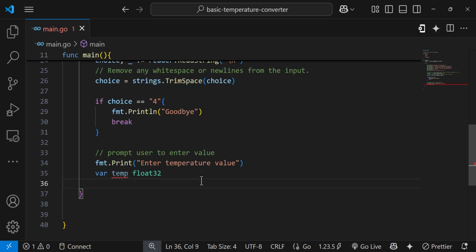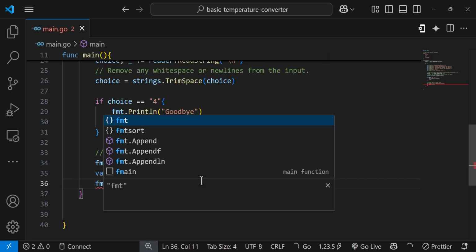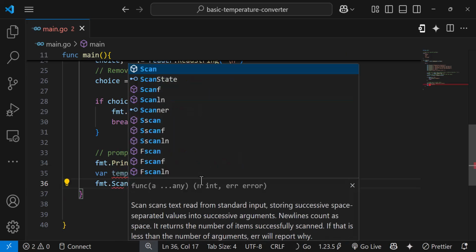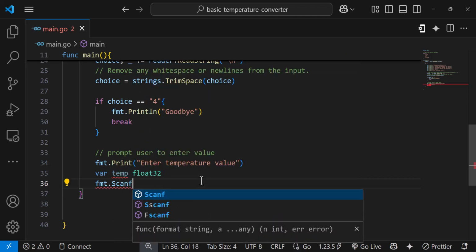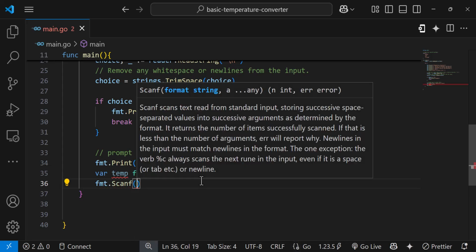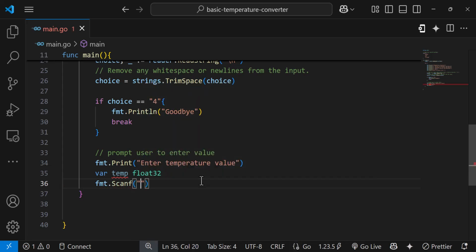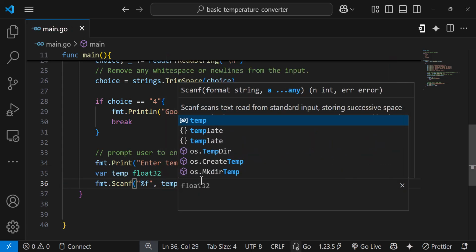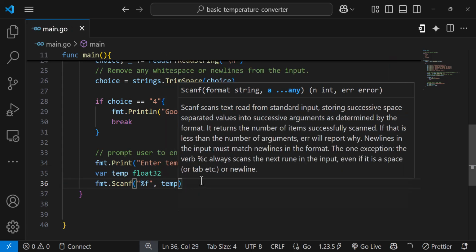And when the user inputs it, we are going to use the format scanf to actually store that value into the temperature. So you bring in our format package and use the scan method from it. So you use the scanf method, and we will say that the input that the user is going to input is actually a float over here, and we are going to store it into the temp variable that we have already declared,